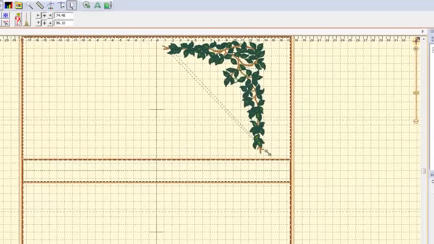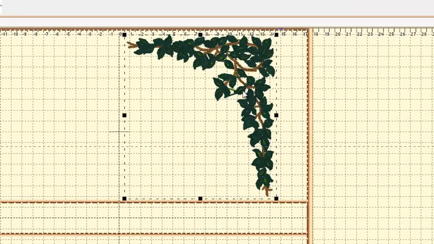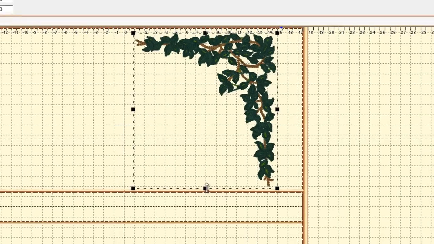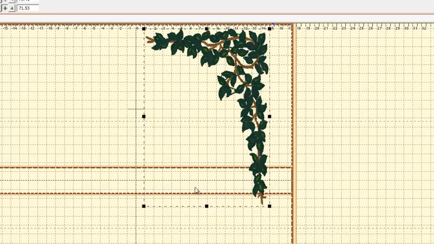Actually make it a little bit bigger first, and to do that just left click and drag on one of these bottom corner handles. Either one will work, not the one in the middle, because that'll stretch it out. See how that stretched it out without changing the width? You don't want to do that. So undo is up here. I'm going to undo my mistake,